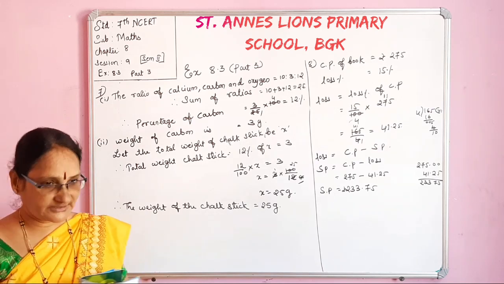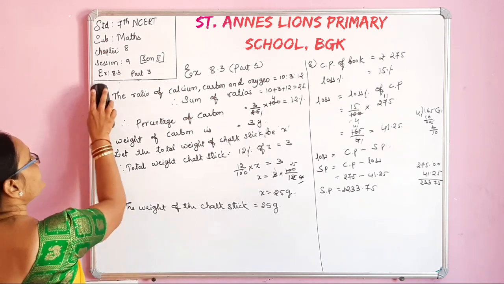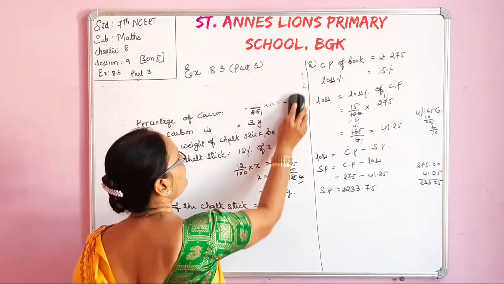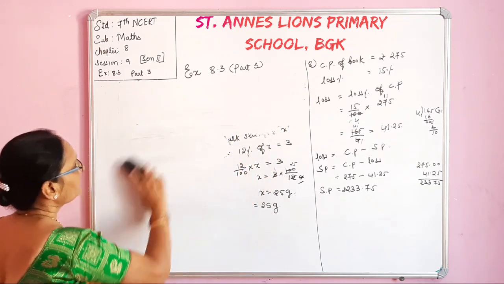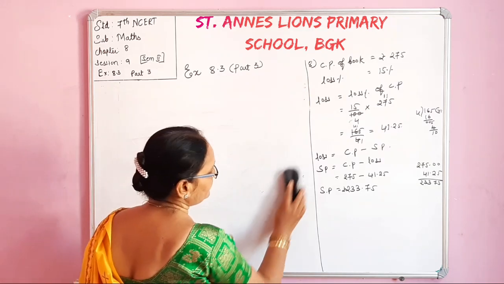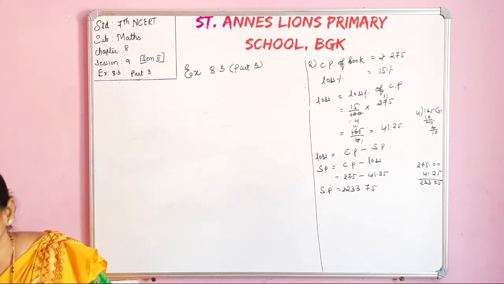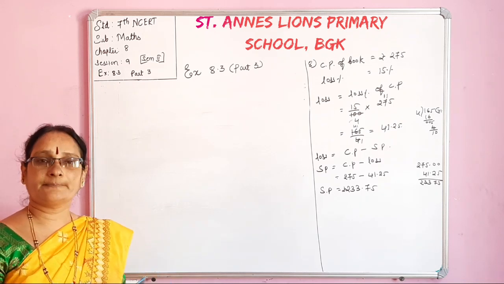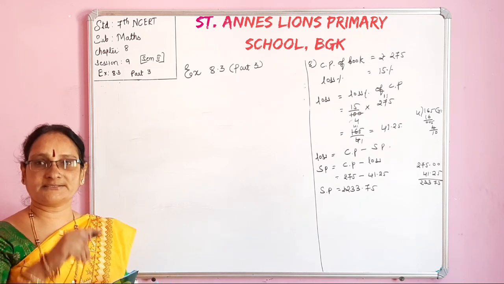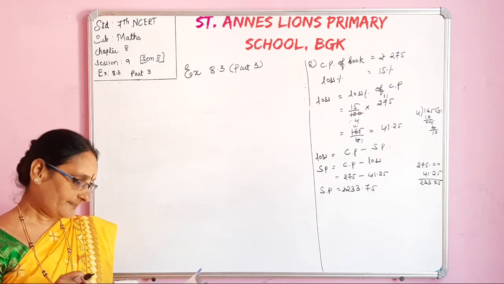Okay. The next one we will see, that is ninth one, that is regarding the simple interest. Already explained to you what is the simple interest. In the simple interest there are three important terms. What are those? PTR. P stands for principal, T stands for time, and R stands for rate of interest, and also there is a principal, that is amount plus interest. Okay, that is a principal.